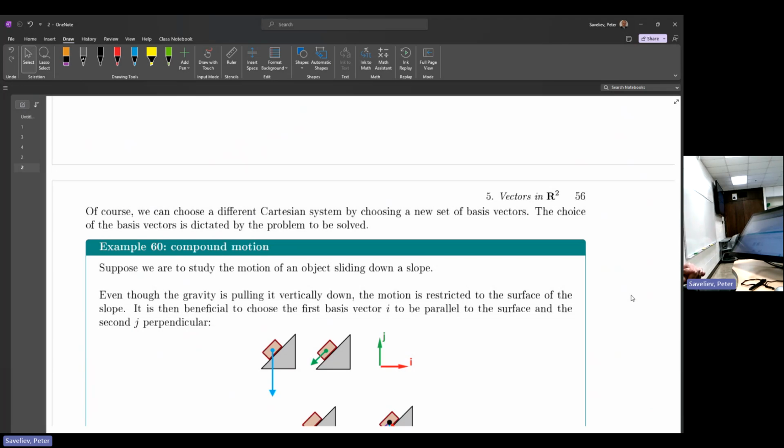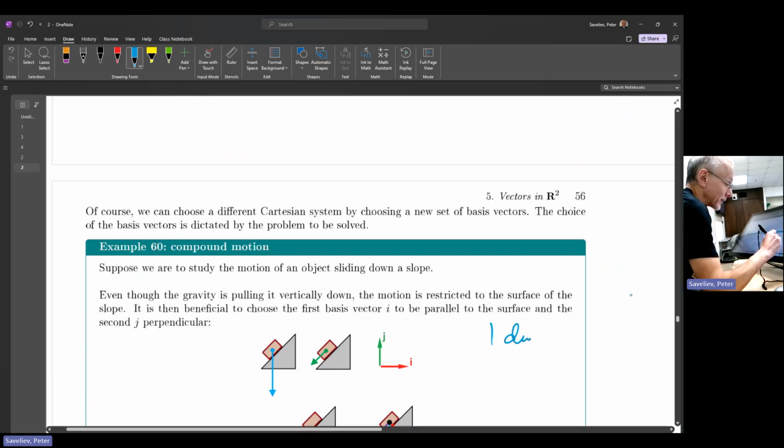of basic physics. If you were to study the motion of this object on an inclined plane, then there are natural directions, horizontal and vertical, and the vertical is especially important because that's where the gravity is. But the horizontal is not so important because the motion is limited to the slope. So the object can only go this way. In fact, we have only one degree of freedom,